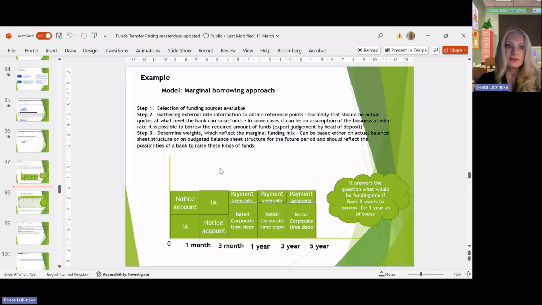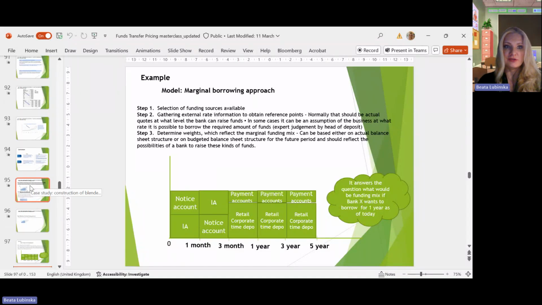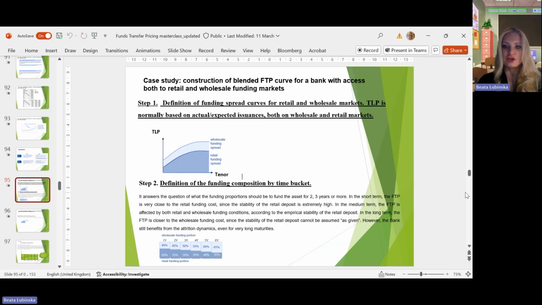The FTP funds transfer pricing sessions. And last time we spoke about the curve construct. This is the continuation. And today I wanted to show you another example of how to set up the FTP curve when we have the mixture in terms of funding between retail, so NMDs and FTDs, and the wholesale funding